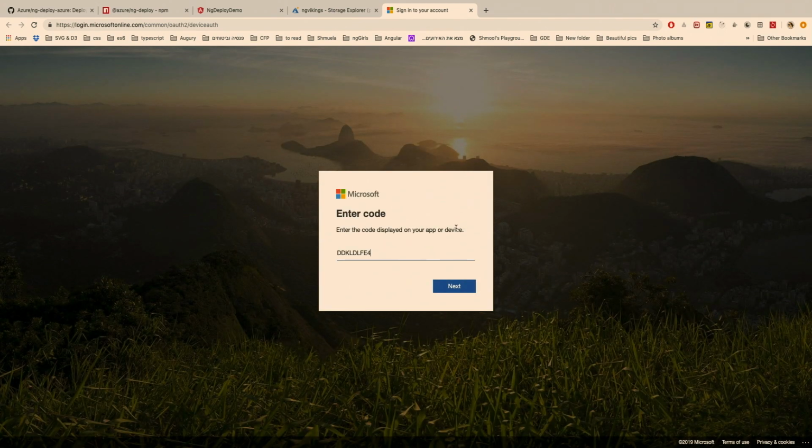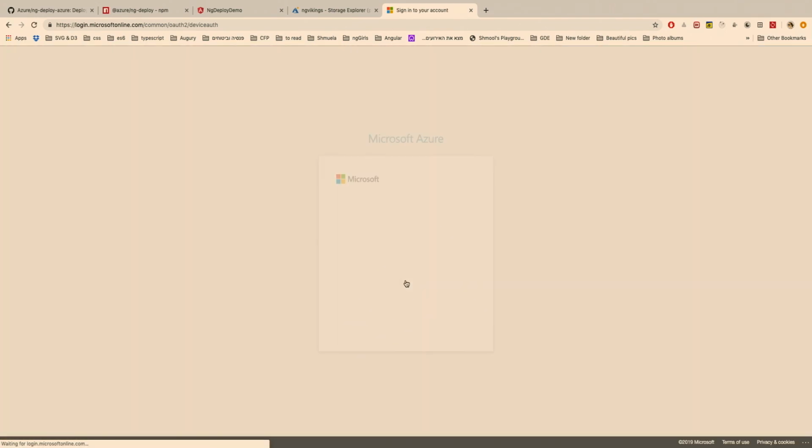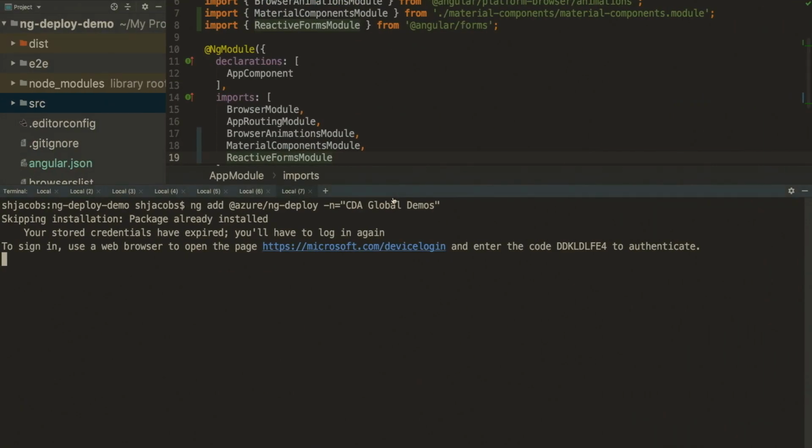So very simply, just pasting a code and logging in. That's it. And now it installs the package to our project using the Angular CLI, which controls this process. This tool is built with schematics,